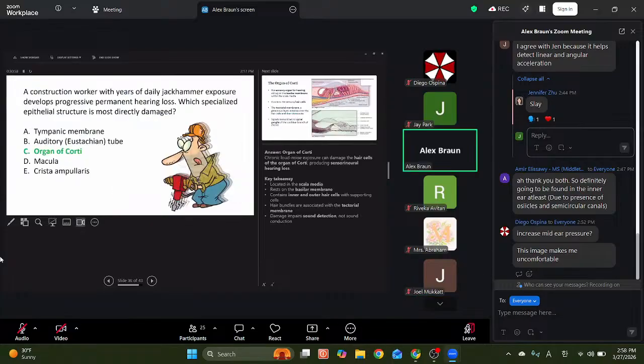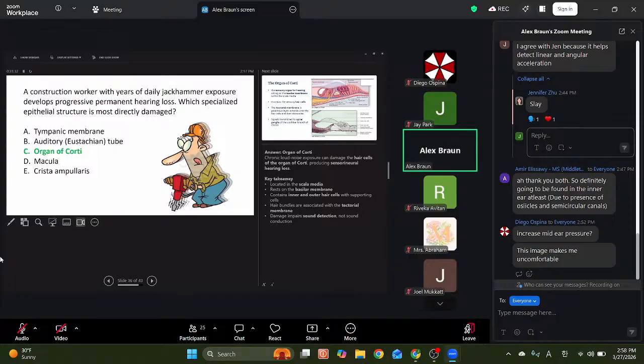Let me see how that's worded. Which specialized epithelium? Well, in theory, you might think of it. I don't know how often merely loud sound, high amplitude sound, will rupture the tympanic membrane. But I think basically the way the stem is worded, specialized epithelial structure, sounds more like an organ of Corti